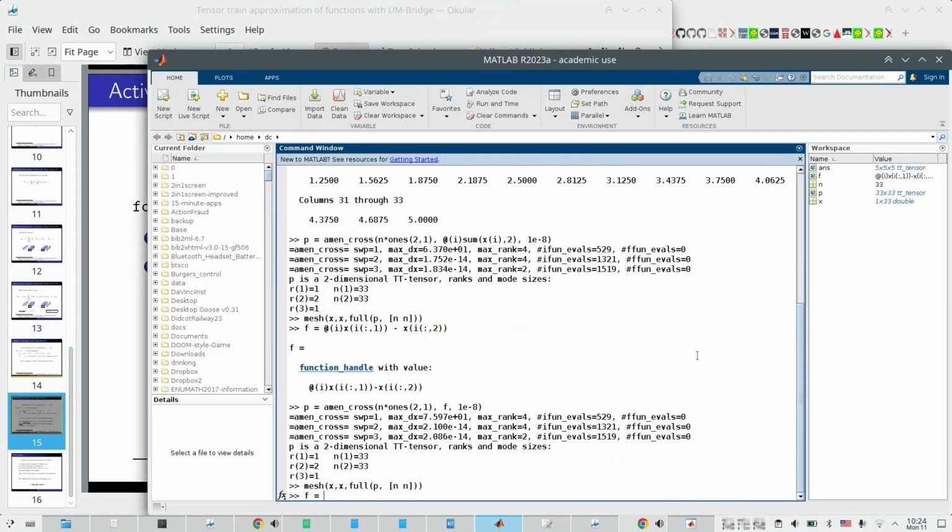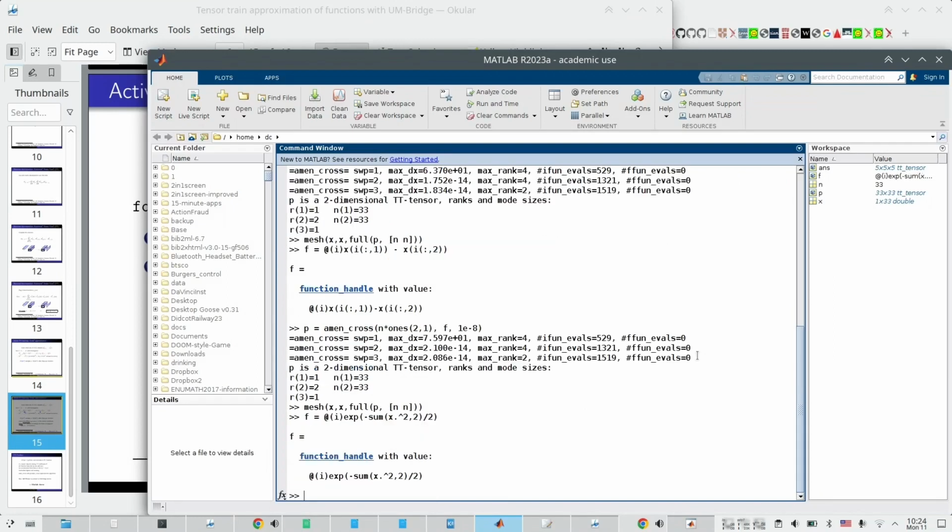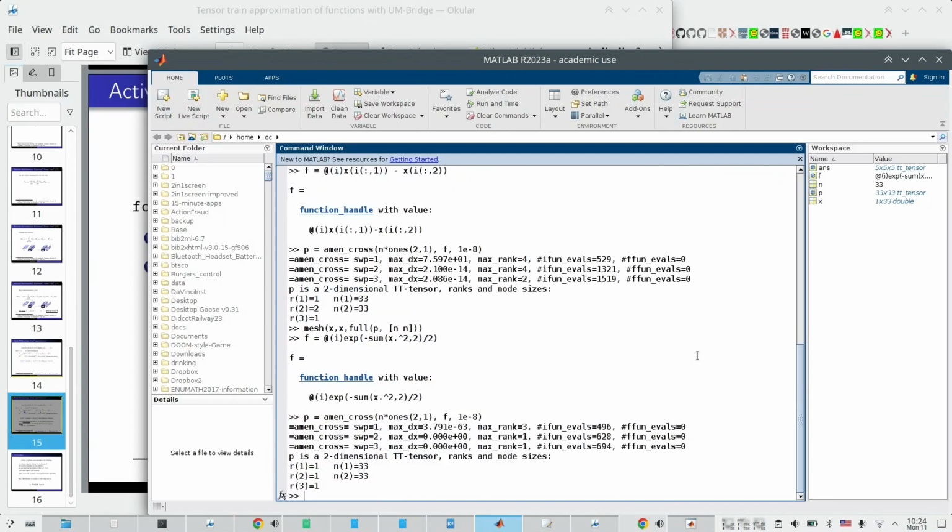But if you want to do UQ, it's more interesting to do some distributions. And for instance, we can do the simplest Gaussian distribution. And for this one, I can take my x squared summed over the coordinates. And well, okay, I can divide it by 2. So this becomes my multivariate Gaussian. And now I can again learn it with the cross, or rather I can use